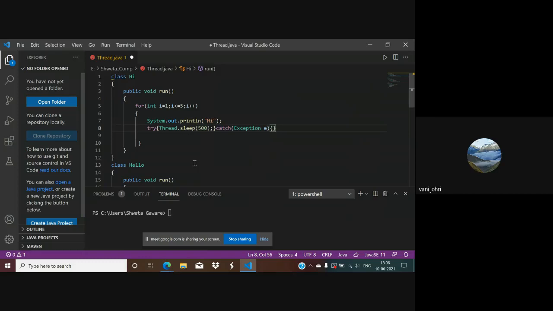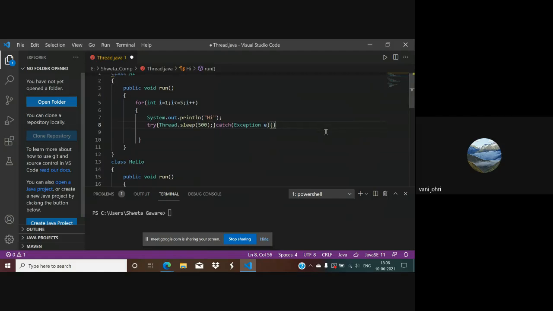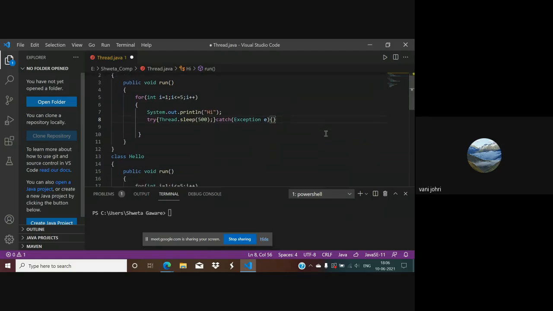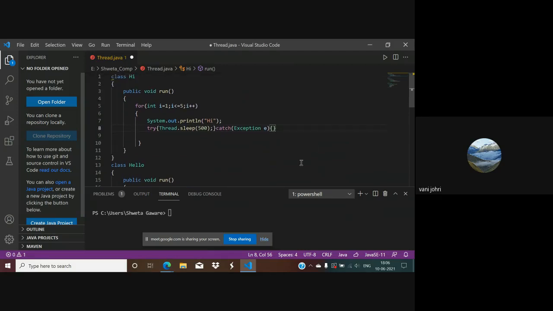Go to the top. You don't have a main. Where is your main method? You have to have a public static void main. Where is that? Ma'am, I wrote the code from that video. That video was just explaining it, it was not the complete program. I wrote the whole program yesterday where there was a main. You're supposed to have a main.